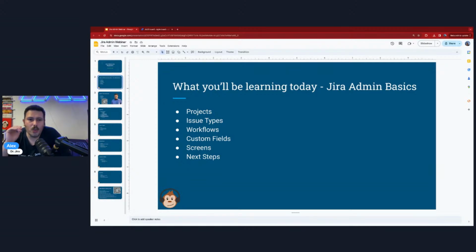Then we're going to jump into what I call the most common configurations and activities that you do as an administrator. These items right here: issue types, workflows, custom fields, and screens. That is every Jira administrator's bread and butter. I am doing this all day, every day, hundreds and hundreds of times a day. And so I'm going to give you some tips and tricks from the field, from the pro, if you will, and just give you as much information as I can about what it takes to do this